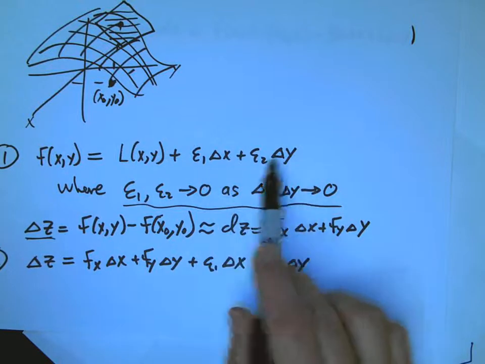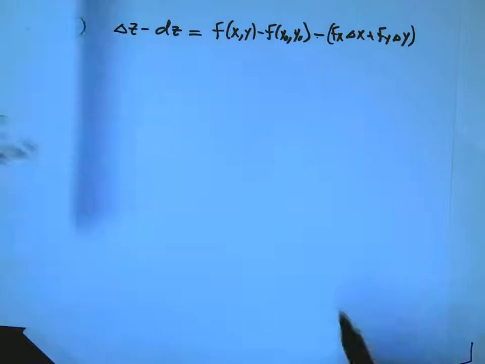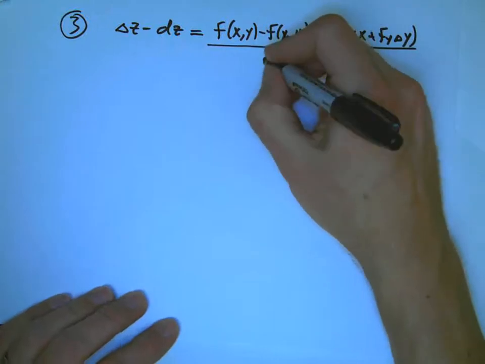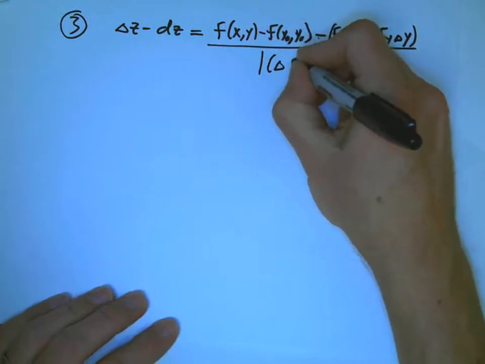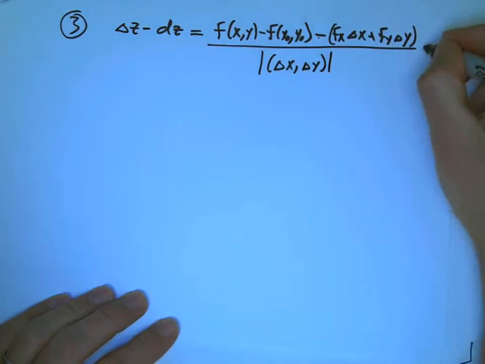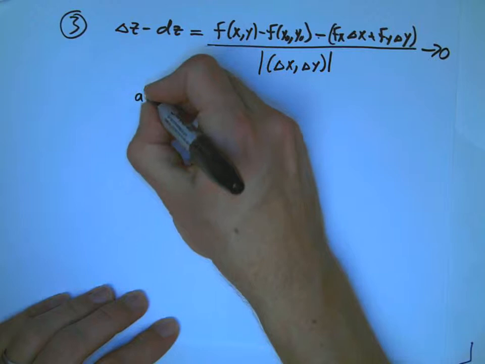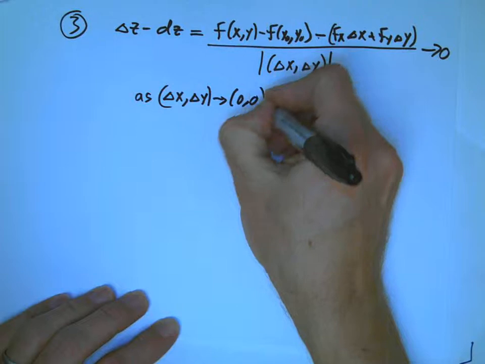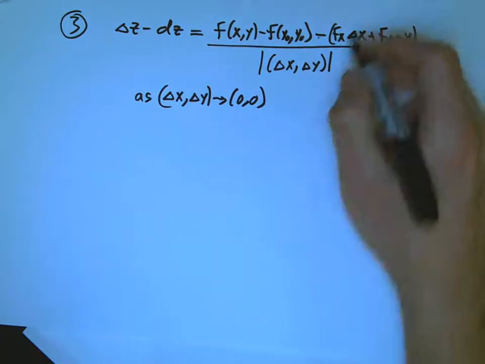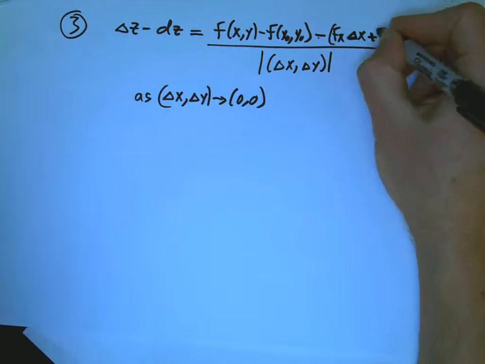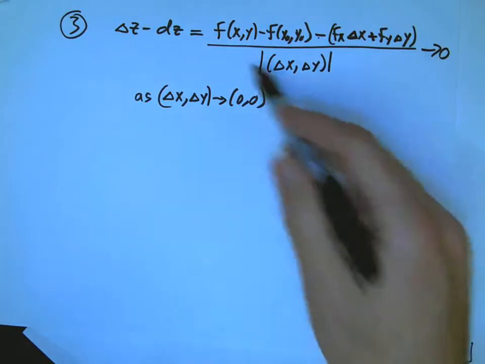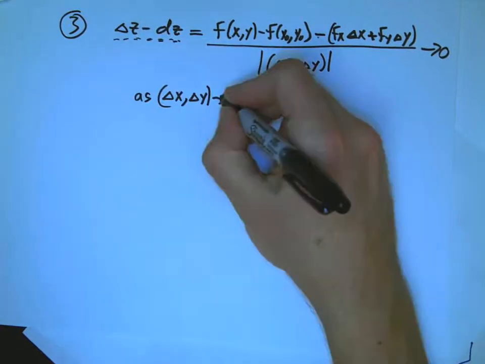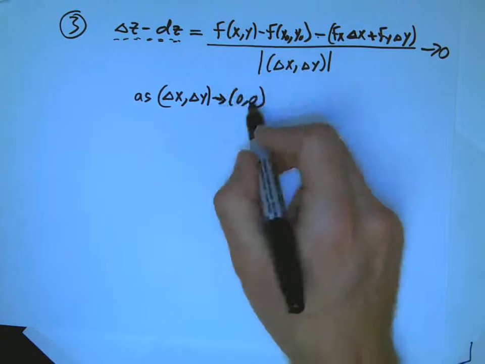And another way to say basically exactly what the handout is saying is if you take that and you divide it by the magnitude of the vector delta x comma delta y, then you should get something that's going to 0. So we're going to take the magnitude of the vector delta x comma delta y. And that should go to 0 as delta x and delta y go to 0. And I don't want to get into the details of which is a better definition or whatever. They're both good. But it's all about comparing these two guys and saying that they really should be a good